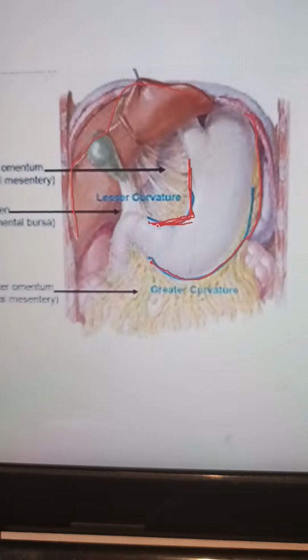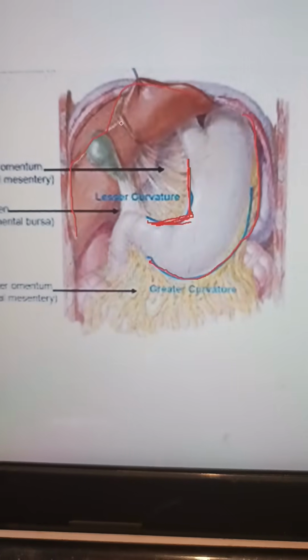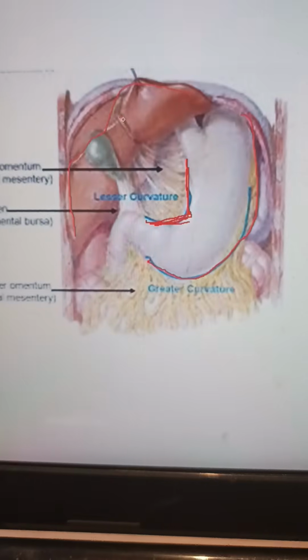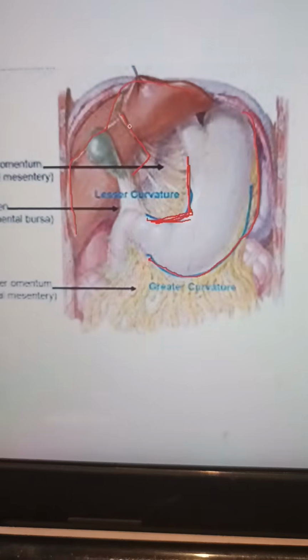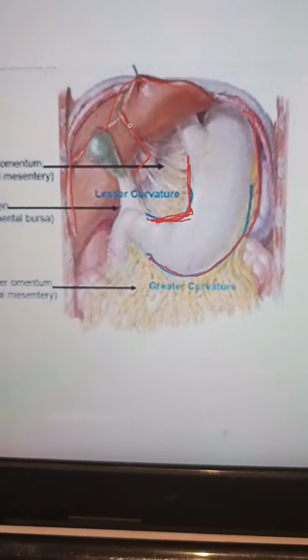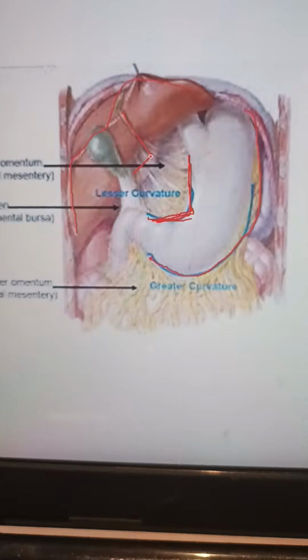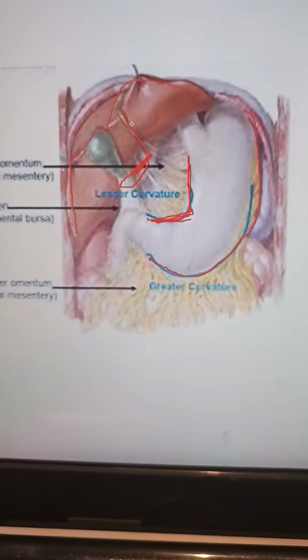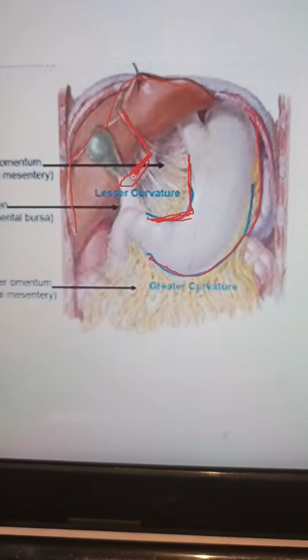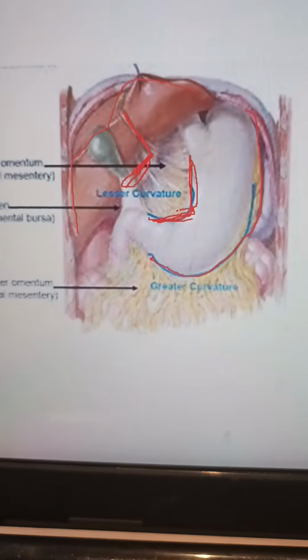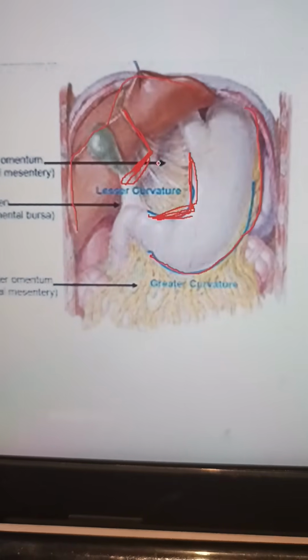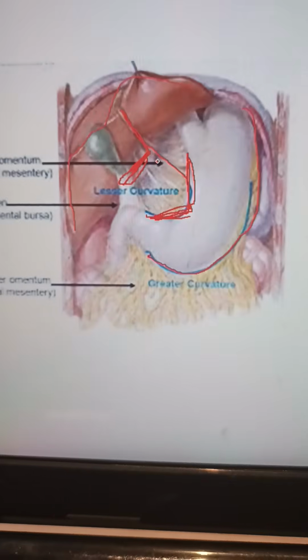Now let us look at the hepatic attachment or the attachment of the lesser omentum onto the liver. Again you can make out a reverse L here. See, the vertical limb of the L is the attachment of ligamentum venosum, and the horizontal limb of this L, you can see the porta hepatis attachment. So L on the liver, L on the lesser curvature of the stomach, L for the lesser omentum,